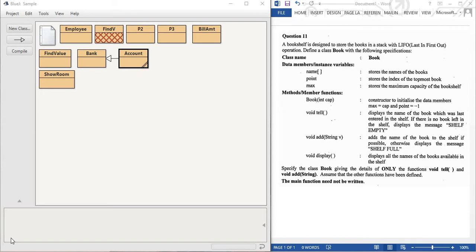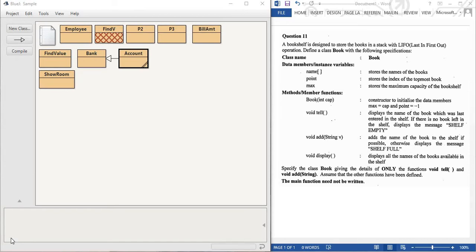Good morning, students. So today's topic is stack. In my last video, we discussed inheritance, which comes in the ISC exam each and every year, and how to write the inheritance program in the computer for output, and how much you write in your ISC theory paper. In the same way, today we will discuss the stack: how much you write in your copy and how much you write in your program to execute the entire program.